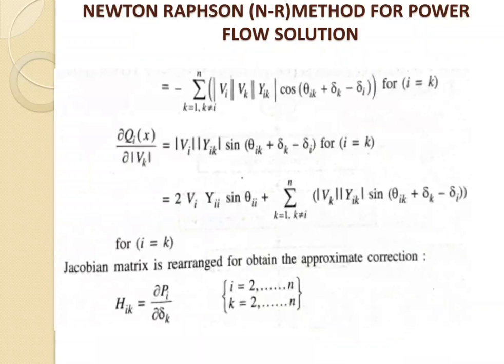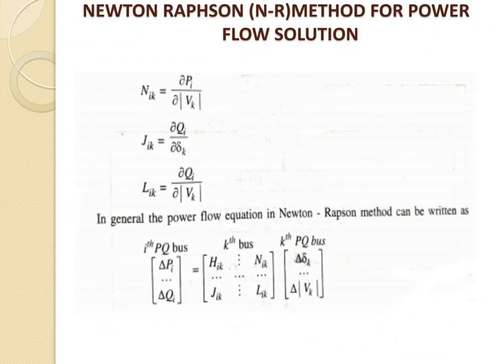Therefore the Jacobian matrix is rearranged to obtain the approximate correction, that is Hik equal to del Pi by del delta k, for i is equal to 2 to n and k is equal to 2 to n. Same way we will represent one more Jacobian matrix, Nik, so we write the equation Nik is equal to del Pi by del Vk. Same way Jik is del Qi by del delta k, and Lik is equal to del Qi by